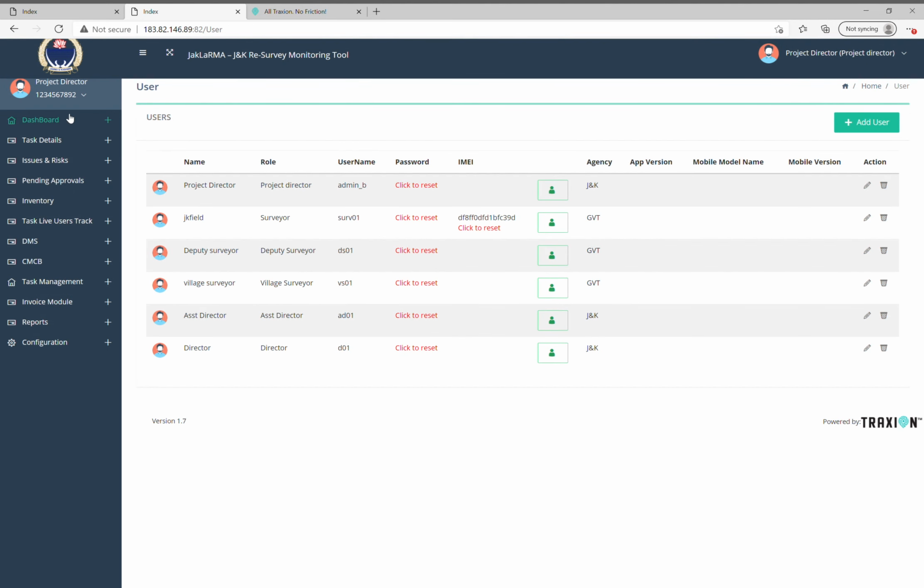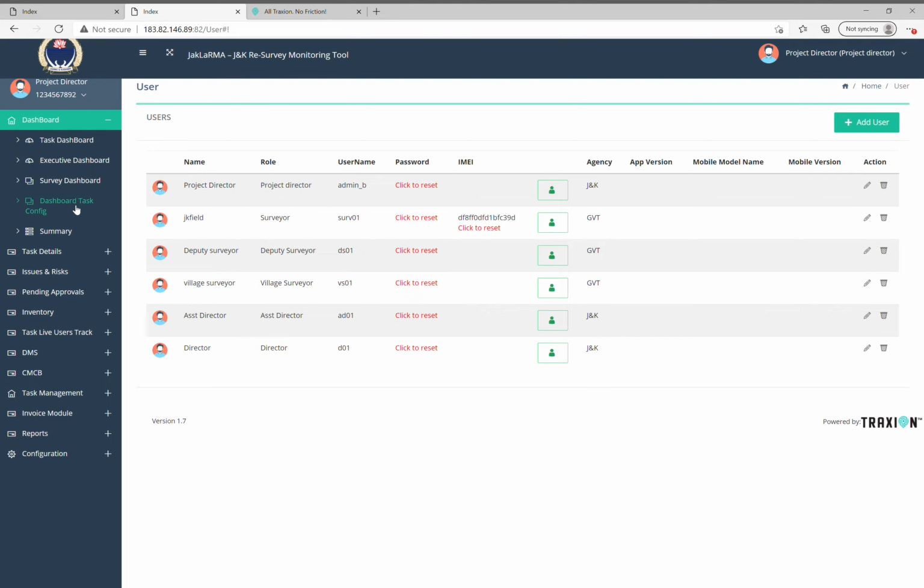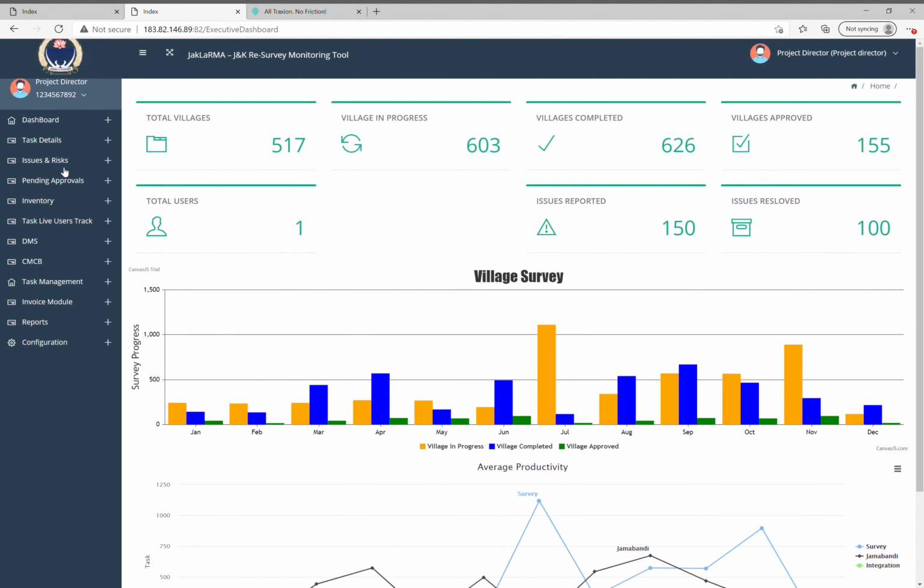So this brings us back. I will just summarize by coming back to the executive dashboard. Basically, the application helps us in independently tracking every single activity, every single user, wherever they might be, and using the mobile application and also the web application, they can update their current activity, the percentage of progress, any hindrances that they are facing, and where they are located.